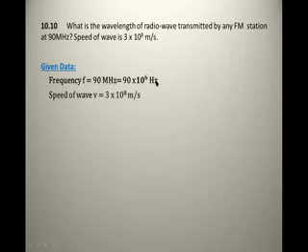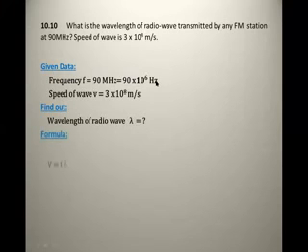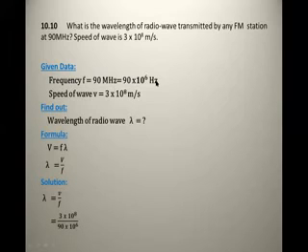Further, the value of wave speed. Then what do we have to find? We have to find the wavelength. Okay, then tell me what is the symbol of wavelength? Lambda. Lambda is the symbol of wavelength. Then the formula is V equals F lambda. Same formula. Okay, then we are rearranging it first. After that, we are putting the values in the formula, and we have the final answer.